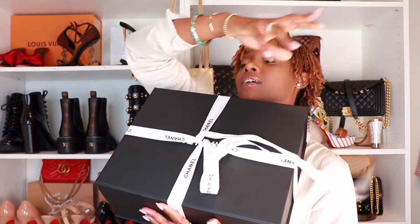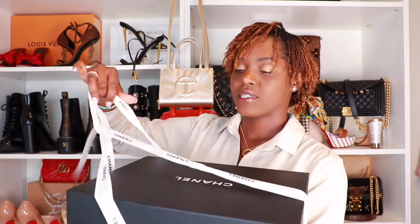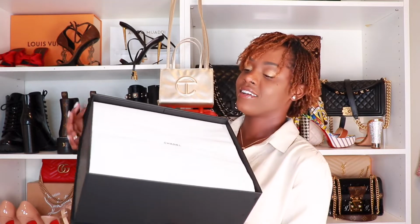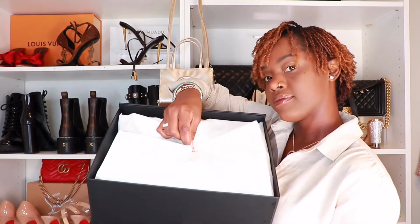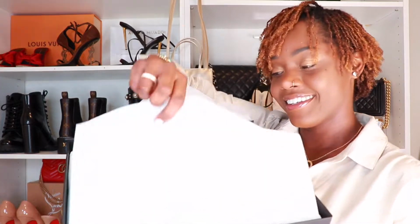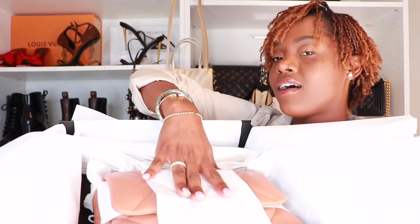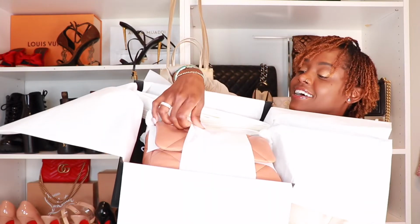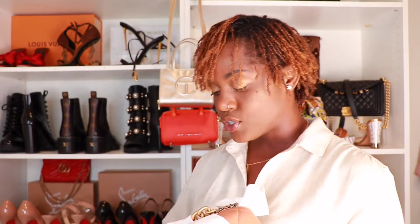Alright, let's open her up. I'm so happy, guys. I cannot tell you just how exciting this feels. Wait till you see the color. Oh, I die. Look how beautiful! Oh my goodness. Alright, so we've got our Chanel booklet as usual, our Chanel dust bag,